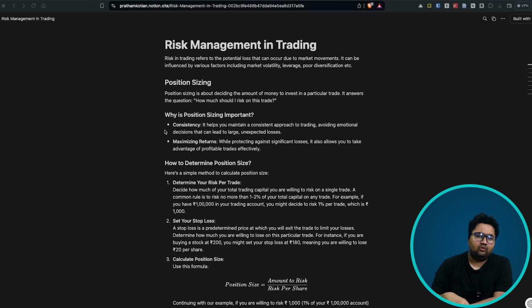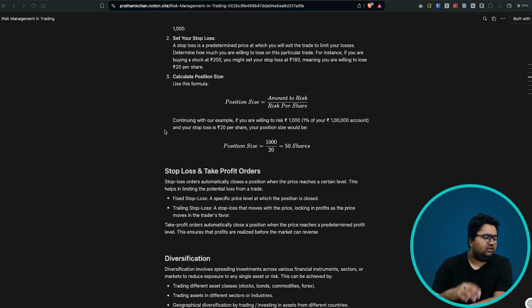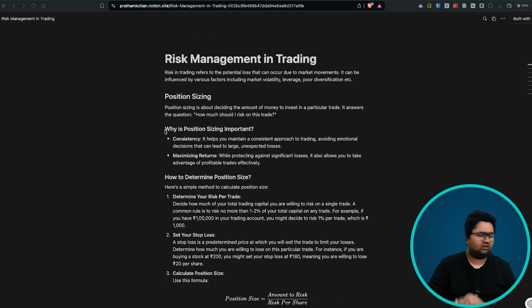A couple more things are very, very important. The second is the stop loss conversation, which is, how do you have something which stops your loss? Some sort of an amount which can be triggered at a certain point, so just controlling the loss. And then another conversation is around take profit. So how do you book profits, in a couple of scenarios. We'll touch upon all of these topics.